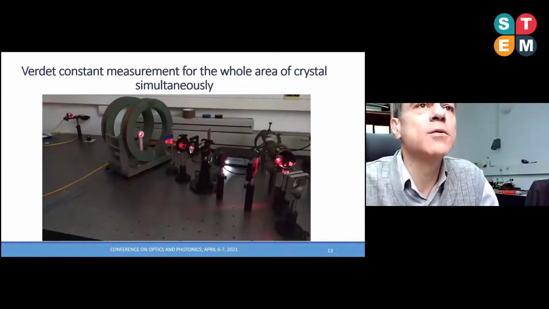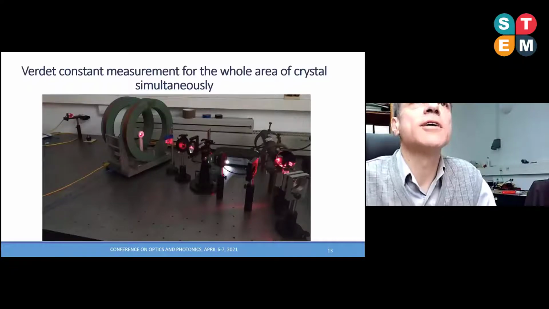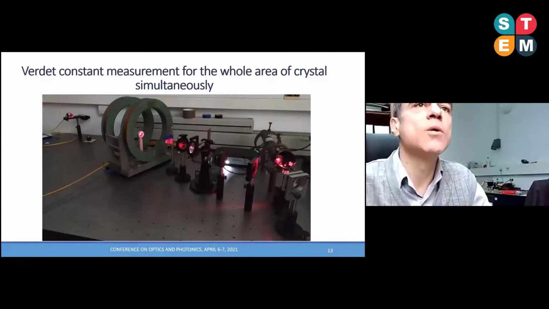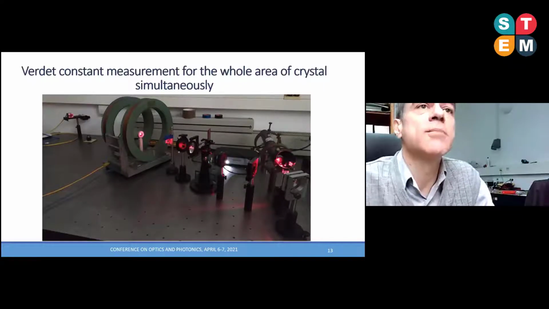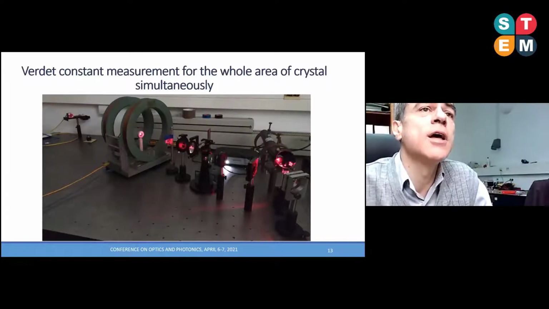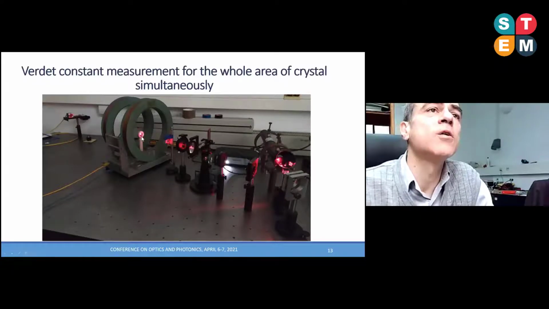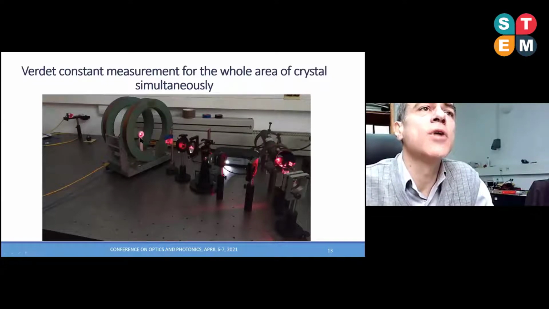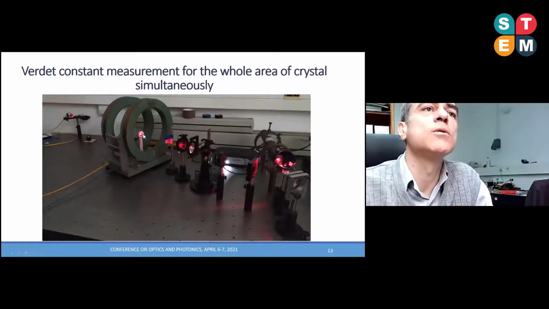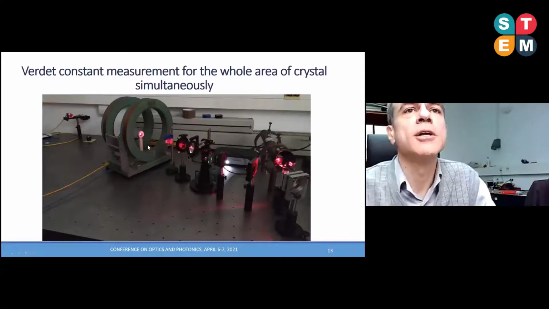So now I'm going to show you how holographic examination can unite all the good things about Faraday effect magnetometry and save the old advantages. Well, actually, we went into it with a different idea. Our idea was to measure the Verdet constant of cadmium manganese telluride at the whole surface of the crystal, not one point at a time. And here you actually see this 2 centimeter diameter crystal that is illuminated with red